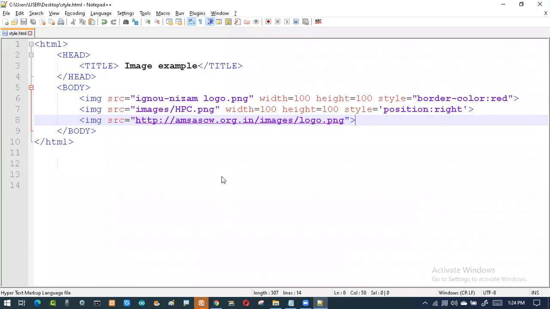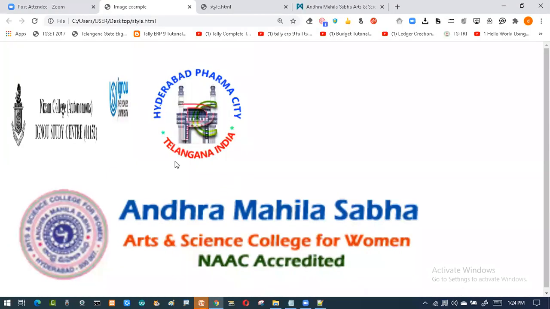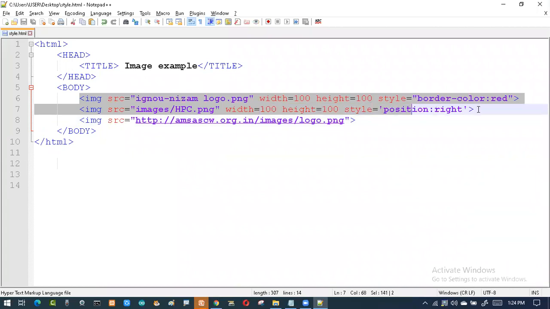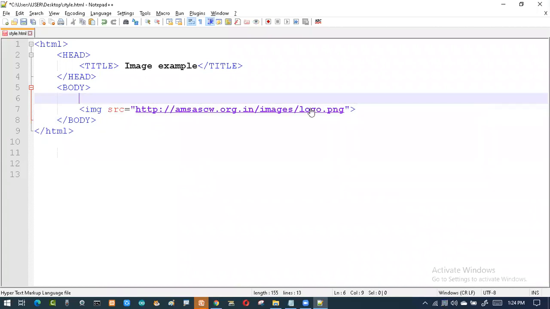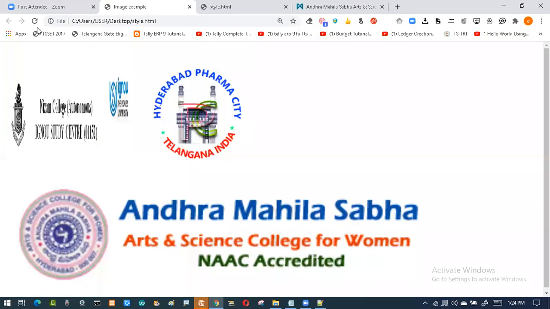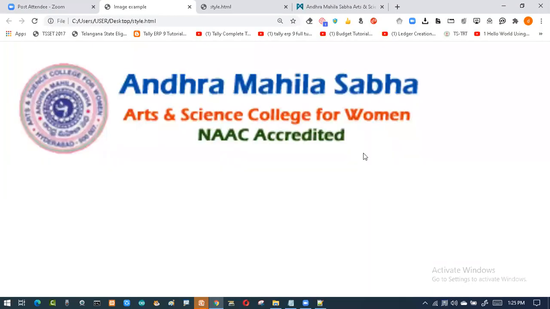Now I don't want like this. My page should fill with the logo as a transparent or something like that. So what I'll do, I'll remove all this. I just take one over here, this one, just for trial basis. We'll see whether the image is coming. I got the image. Now this should be in the center or middle or left side or right side. Okay, so how you want, depending upon your screen.